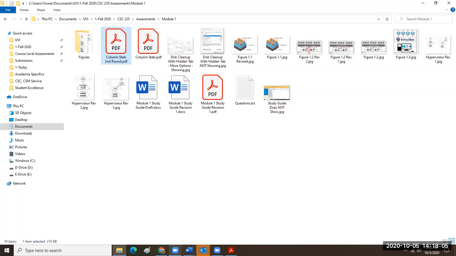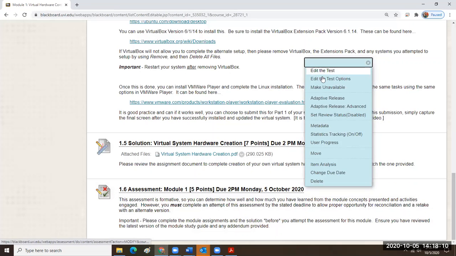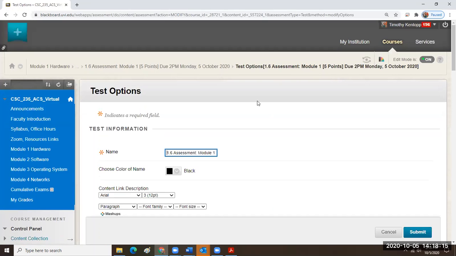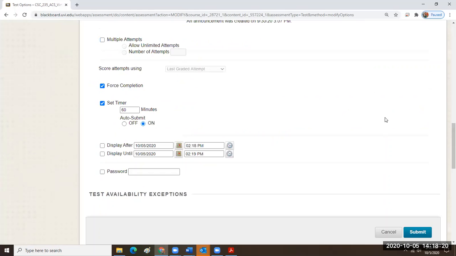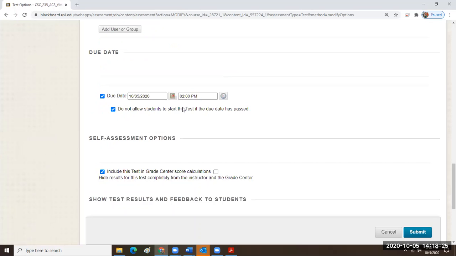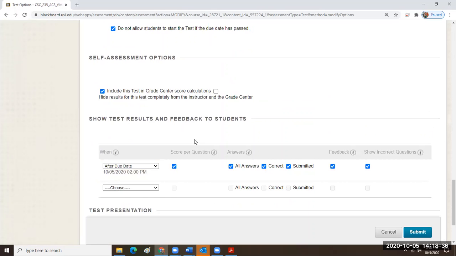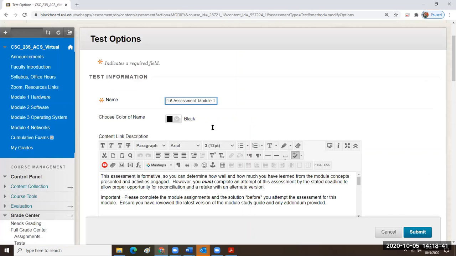So if we go into the test options, let me just check something here, right? I want to make sure that the test options allow people to see it after the deadline. So the deadline was supposed to be 2 p.m. today. We're supposed to have an hour. It says don't allow students to start the test after the date, and show test results and feedback to students after the date. So you should be able to get in there. And what you need to do is